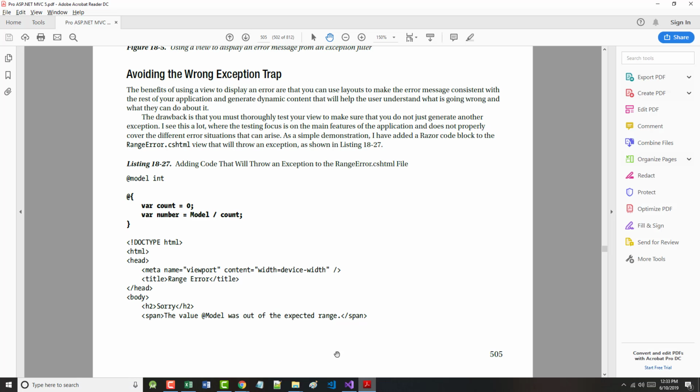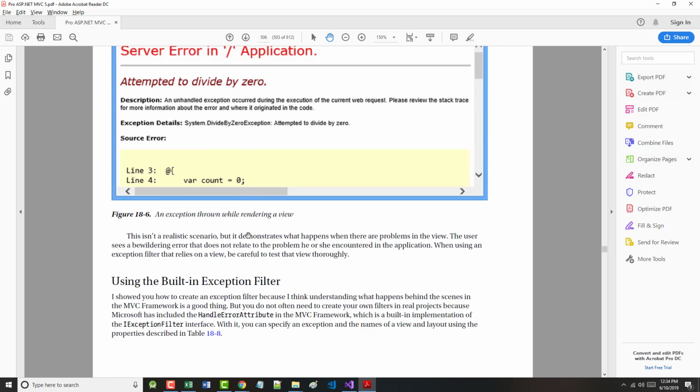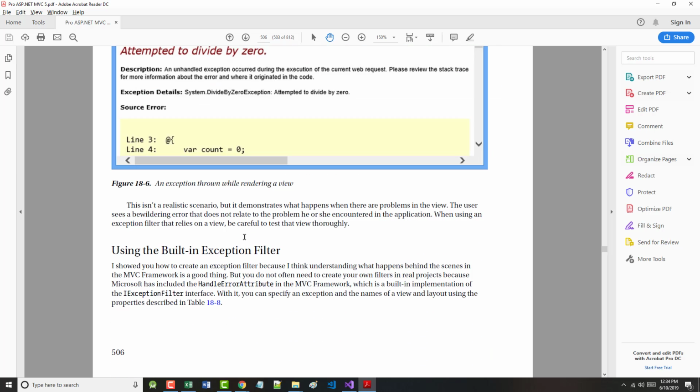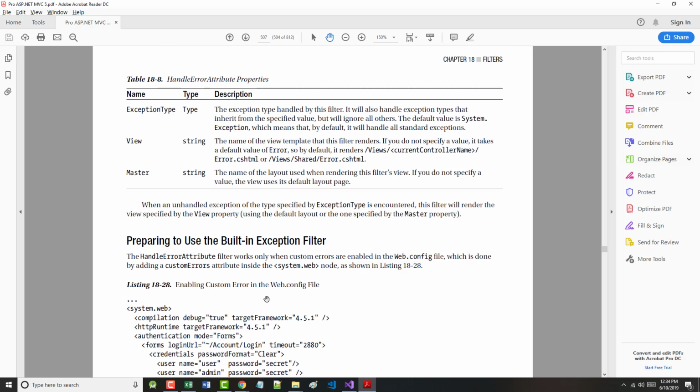So the author says here, I showed you how to create an exception filter because I think understanding what happens behind the scenes in the MVC framework is a good thing. But you do not often need to create your own filters in real projects because Microsoft has included the handle error attribute in the MVC framework. This is a built-in implementation of the IExceptionFilter interface. With it, you can specify an exception and the names of the layout and view using the properties described on the top of page